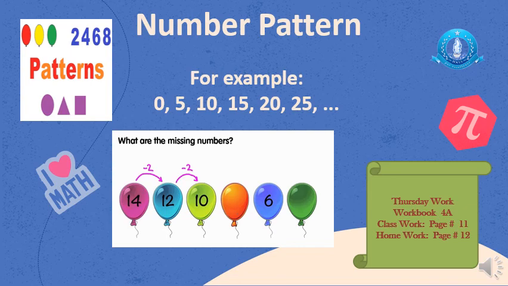Now move back. If 5750 is there, the previous number will be 5650 and the first number will be 5550. Now let's see the last number. What will be the last number? 5950. The next number is 6050. Then 6150. What will be the next number? 6 is the same, 50 will come the same. What will change? We will change 2 in place of 1. 6150 is given, so the next number will be 6250. In the same way, you will do page number 12. Page number 12 is homework.